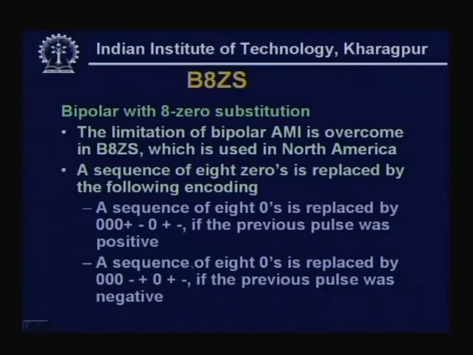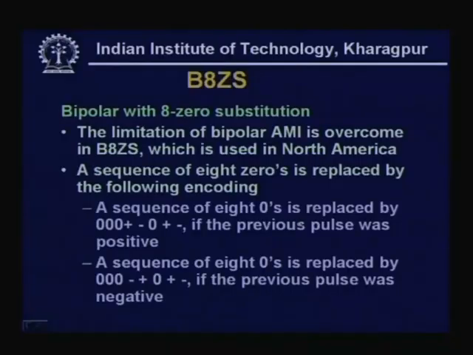On the other hand, if the previous pulse was negative, then that sequence of 8 zeros is replaced by 0 0 0 minus plus 0 plus minus. So, you see, normally it should be 8 zeros, but in place of them we have a positive pulse, negative pulse, 0, negative pulse and positive pulse in the case of a positive previous pulse. Now, this should be done at the transmitting end and also at the receiving end,